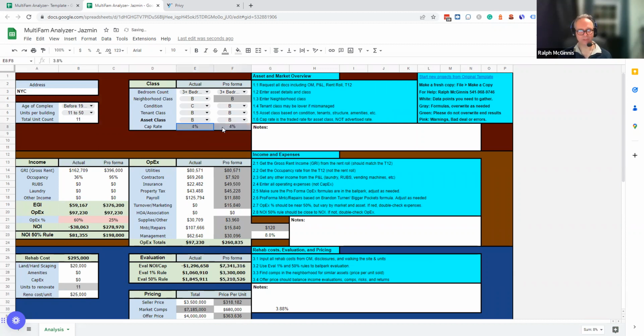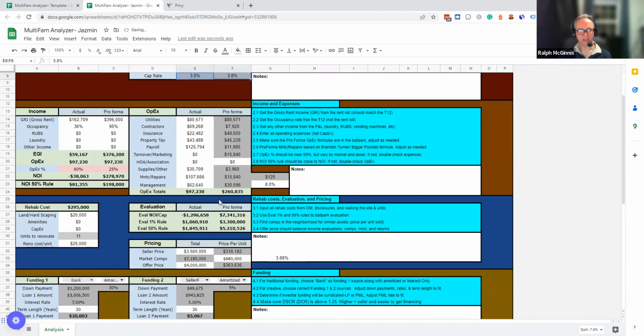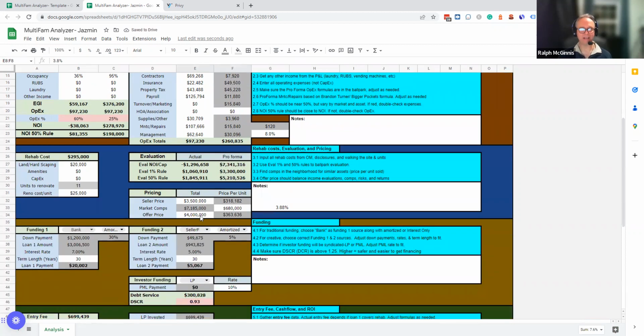It says 4, but that's just its resolution. There you go. So now that I've done that, it adjusts the evaluation again, right? So now the evaluation, and I can call this 690, that's probably getting closer to the 3.8. Oops, I always do it one digit too many. There we go. So the evaluation is saying for the market comp, 7.3 million,